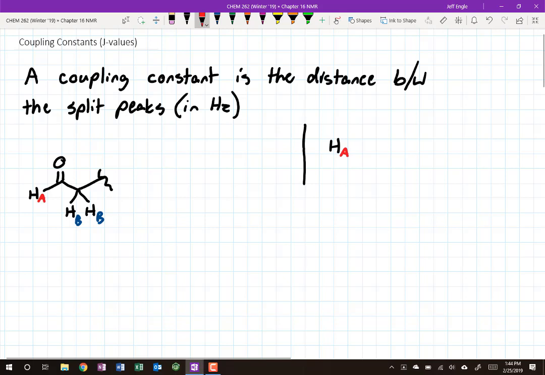So this is HA as an unsplit signal. And if we think about HA, it's got two 3-bond neighbors, right? It's got HB on the left and HB kind of further away on the right. So it's got two neighbors. And so what we're going to do is one of these neighbors is going to split HA once, and then the second HB is going to split it again. So let's think about this, right? If we split this, it's going to be half as tall, right? So this is HA